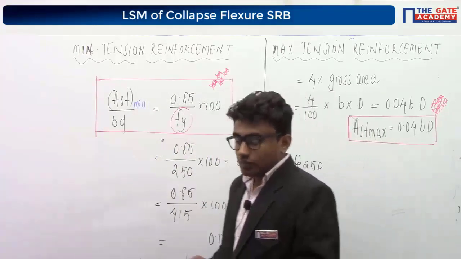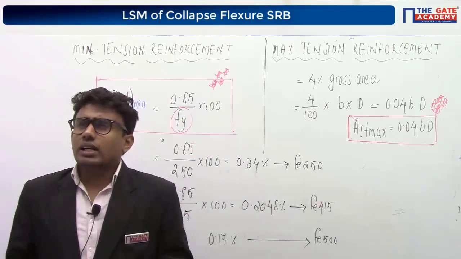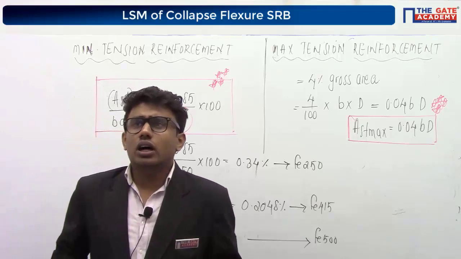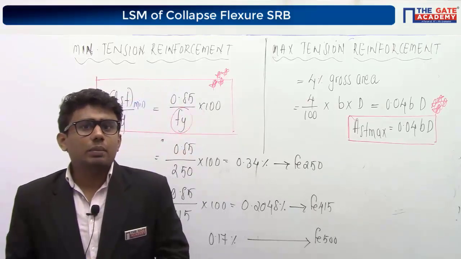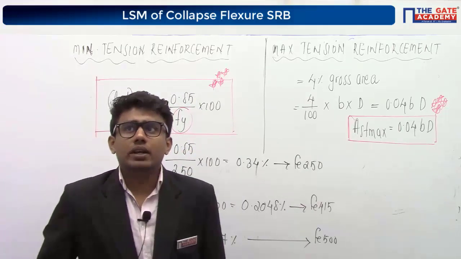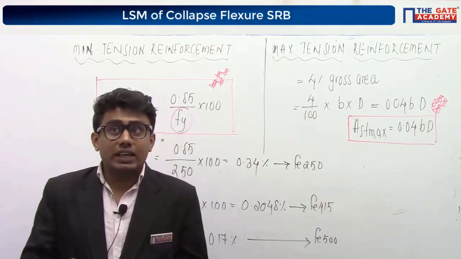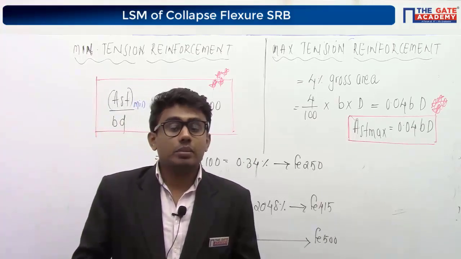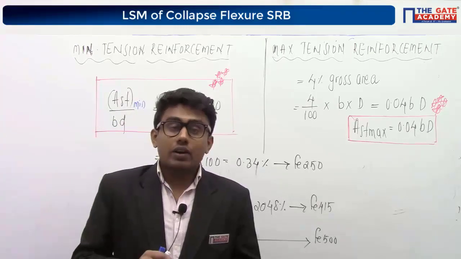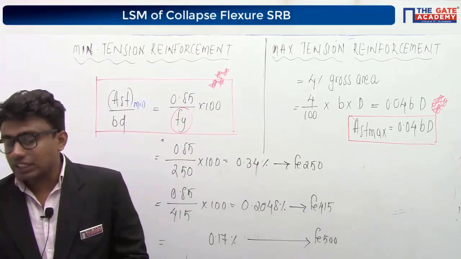Okay, yeah. Srikanth Nair, I think I have answered your doubt. You asked me what the percentage of steel area is, right? It must be AST divided by B into D. That D is the effective depth, Srikanth. Effective depth means AST divided by B into D. So D is the small d, that is the effective depth.